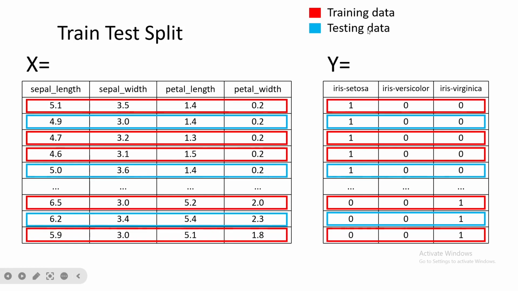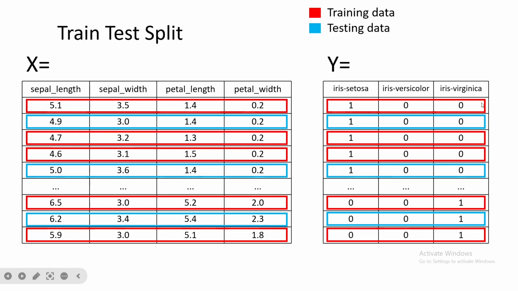Okay, so as you can see over here, the training data is shown in red and the testing data is shown in blue. There are more red than blue because we are taking only 30% as testing and 70% as training. The first row here is bracketed in red, which means it is part of the training data set. The sepal length is 5.1, sepal width is 3.5, petal length is 1.4, and the petal width is 0.2. Correspondingly, you also have an entry in the Y column, which is the target,